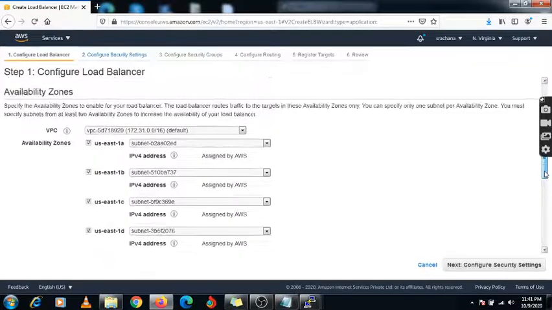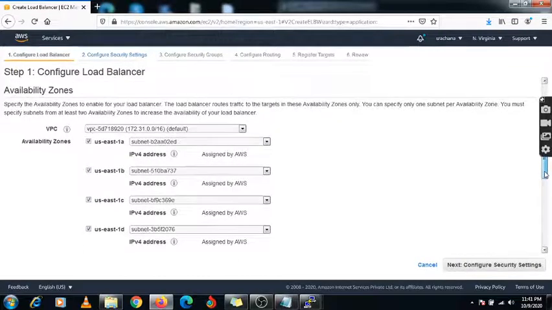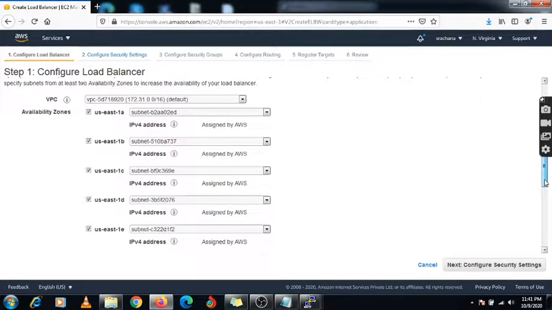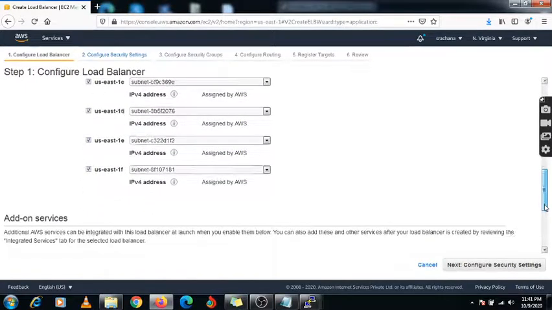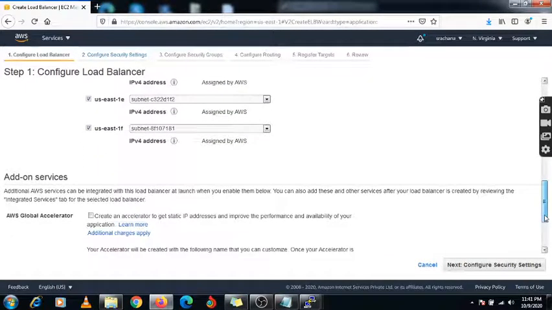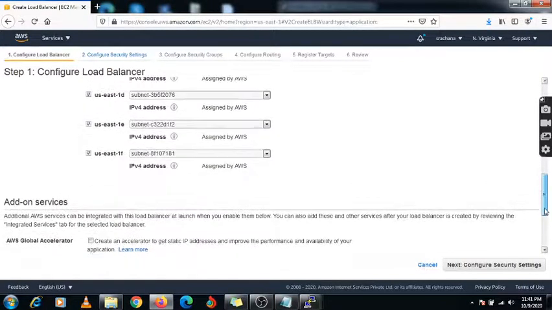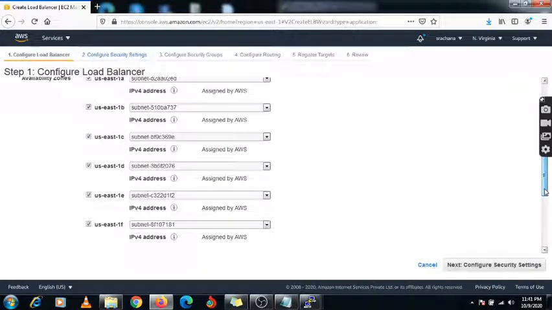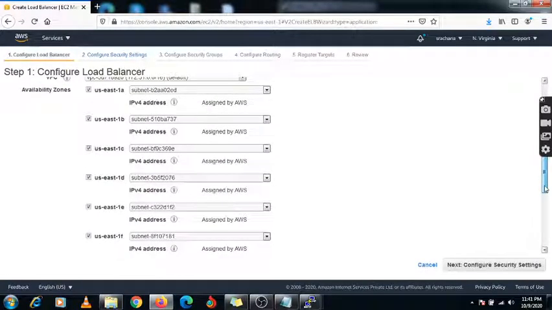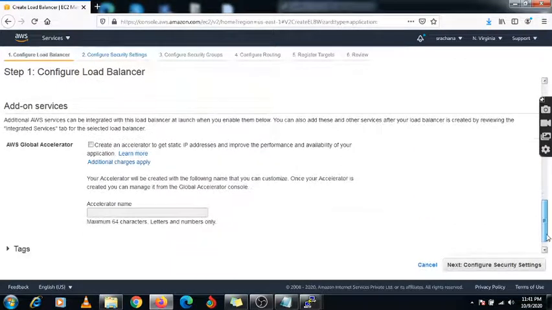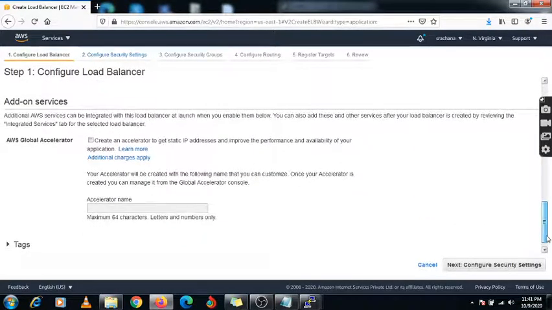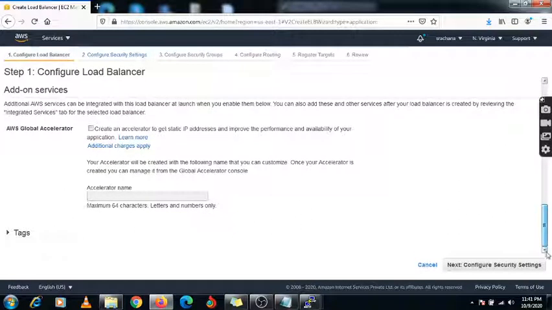Those availability zones not having any EC2 instance are not an issue for us. But in your organization, if you are configuring load balancing, you need to make sure which availability zones your EC2 instances are in, and specify the availability zones accordingly. Here is the option of acceleration, so we are not giving it.